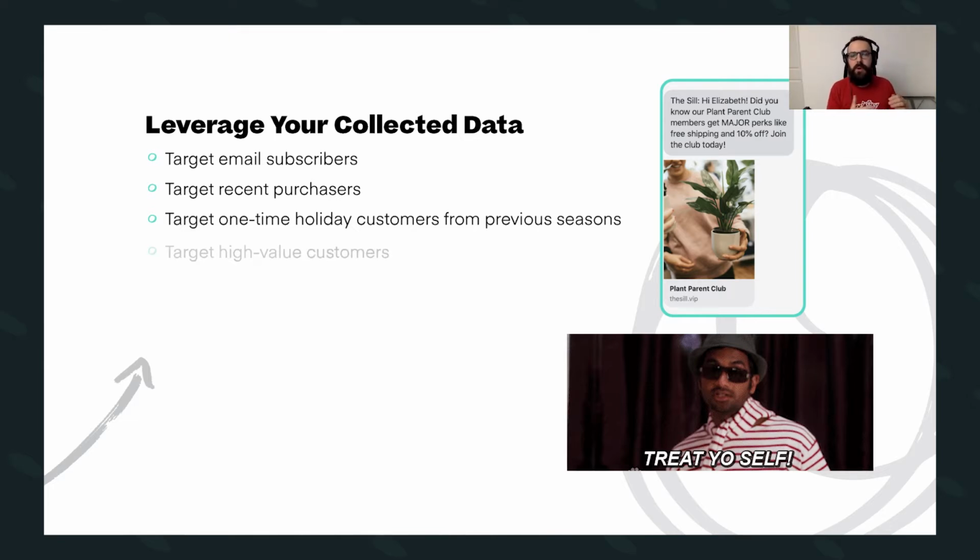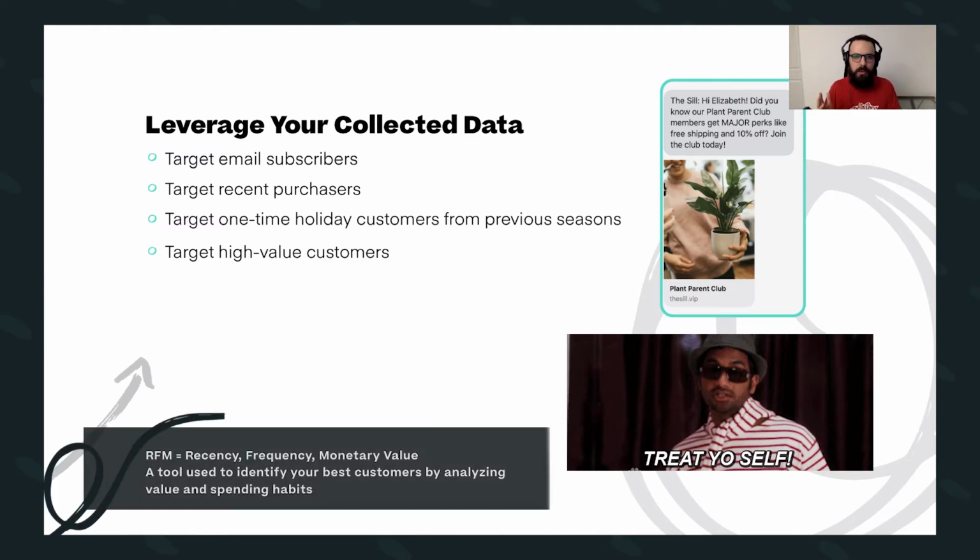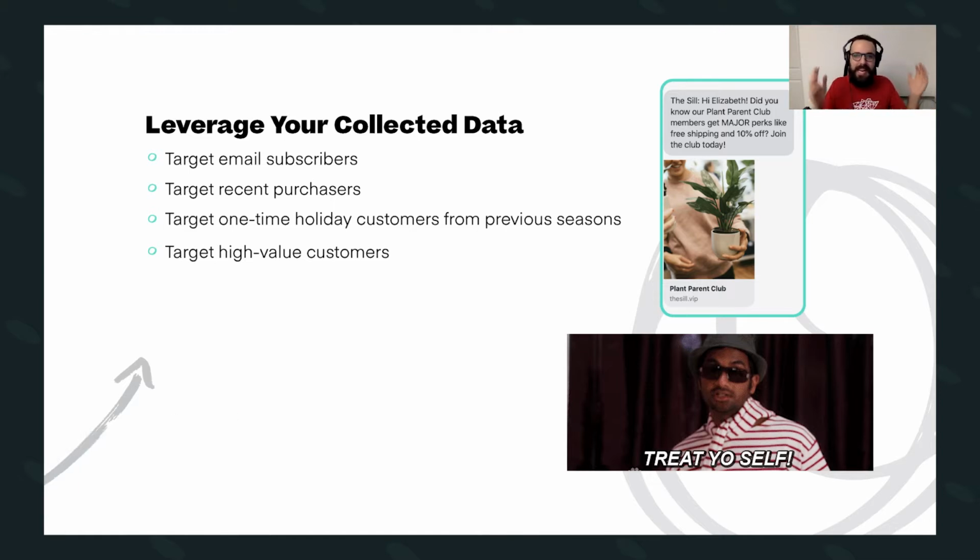The second piece that I would really focus on are what are called your high value customers. So there are many ways to calculate this based on RFM and based on historical purchasing behavior. But take your customers that have spent a lot of money from your brand historically and send them an SMS message. Don't inundate them. Don't send them 15 messages throughout this period, but really take those top customers and make